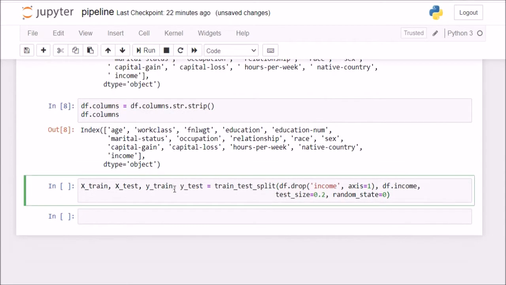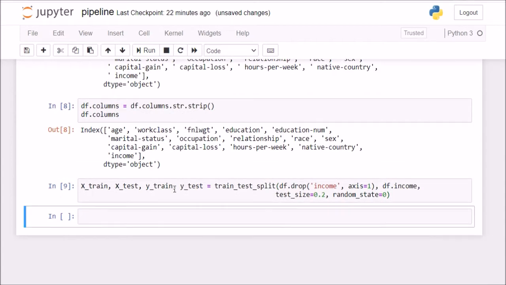Okay. So now I'll first split my data into training and testing set before proceeding towards any kind of data pre-processing work. Now, to demonstrate a simple example of a pipeline and where we can run into trouble, I'll just first import the Pipeline class from the pipeline module of scikit-learn.